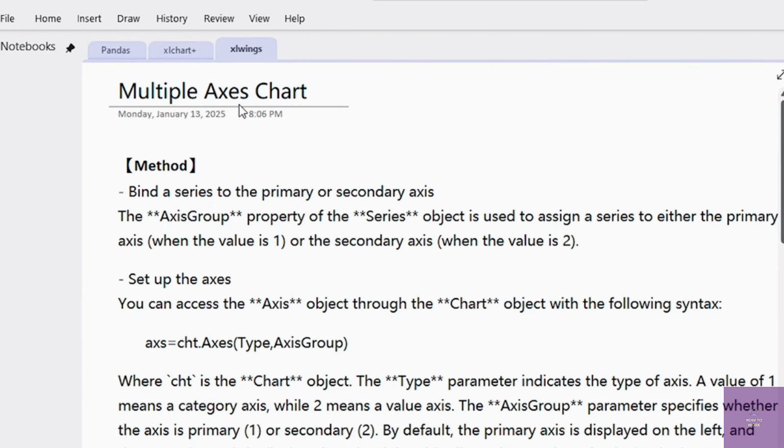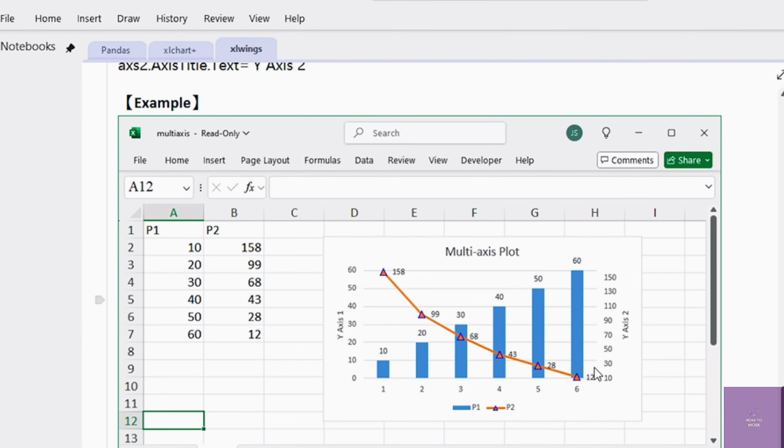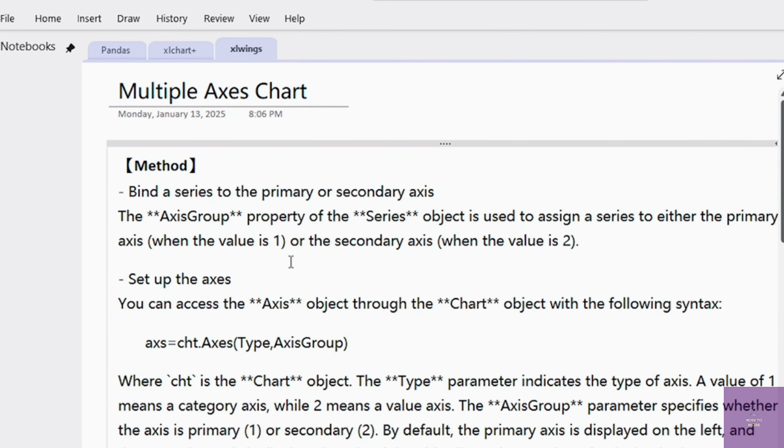Multiple axis chart. Okay, two axis chart. For example, this chart has two vertical axes, the left one and the right one. Both of these vertical axes have the same horizontal axis. This chart we call a multiple axis chart. We have introduced the axis